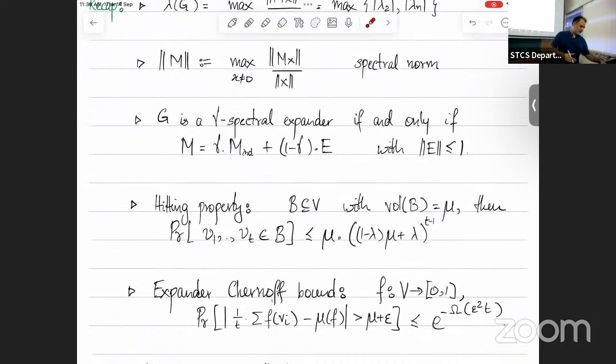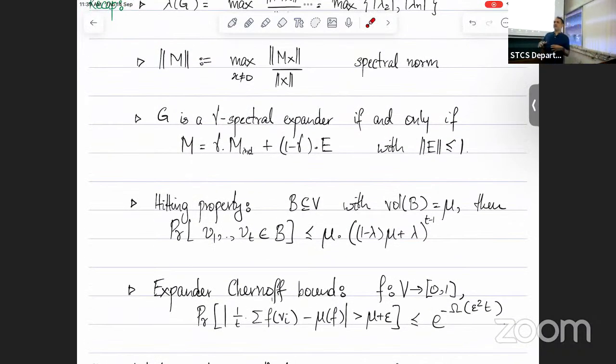Okay. And the same thing can be extended even to the Chernoff-like property. Previously, we were asking, what is the chance that your random walk completely stays inside? But you might want to say that if I take a random walk of t steps and B is a set of density mu, I should expect a mu fraction of these vertices to be inside. So I would like to say that the fraction of vertices that stay inside this set should be like